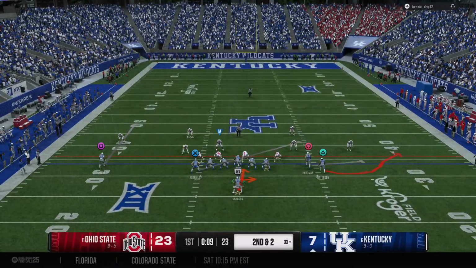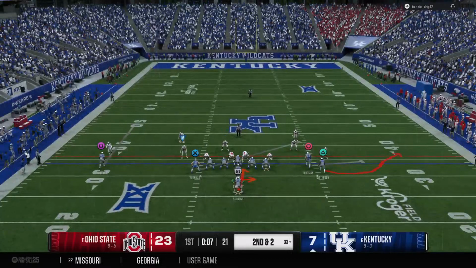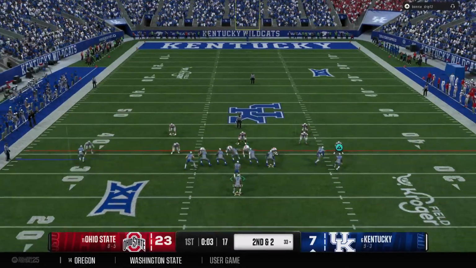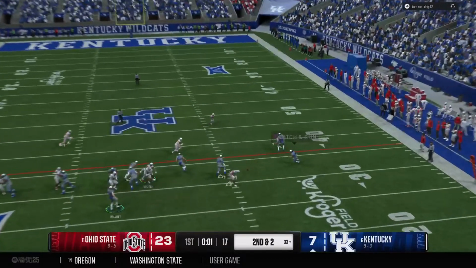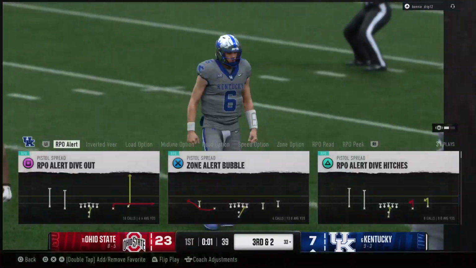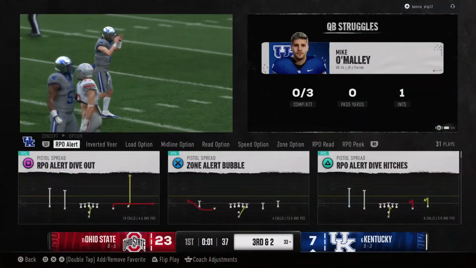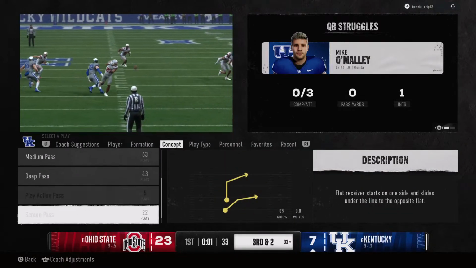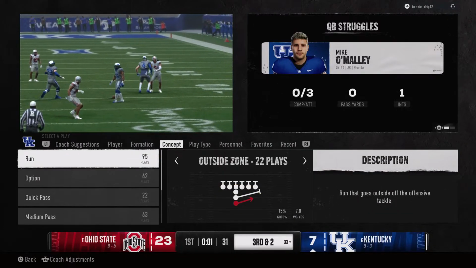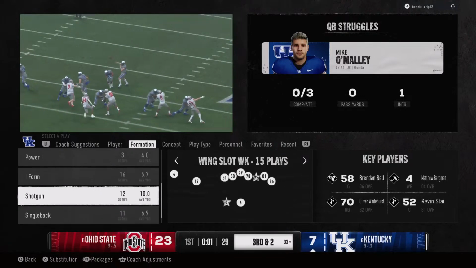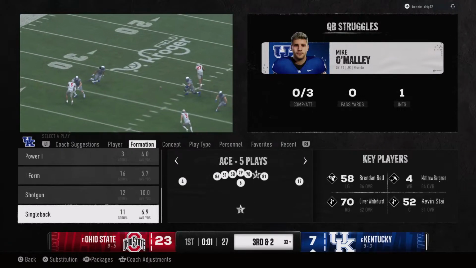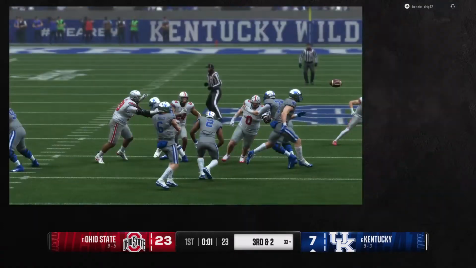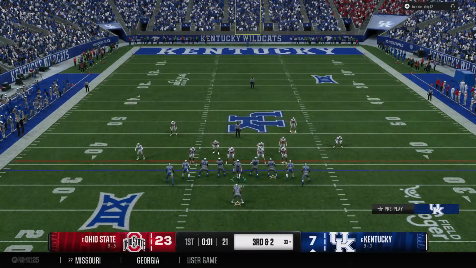The offense will line up, chance for a couple more plays before the end of the quarter. Oh, nice play by the defender. Got a hand in there to break up the pass. It has been a tough first half in this playoff game for this offense. They cannot get anything going through the air. Not only are they down on the scoreboard, but there's really nothing to build around as we get ready to go into the second half. This should be the last play of the quarter coming up.